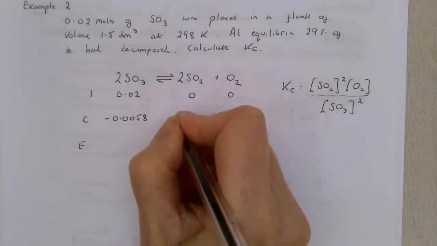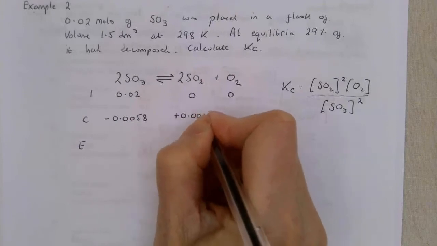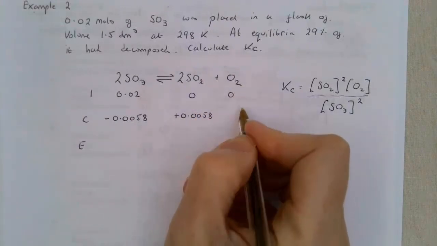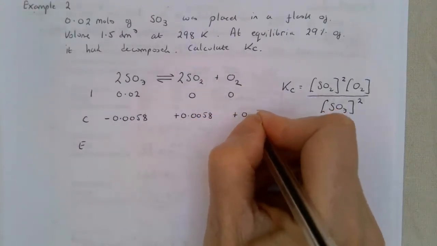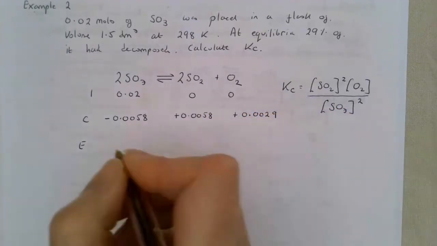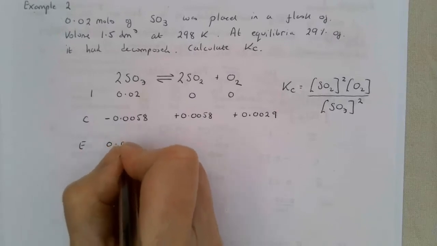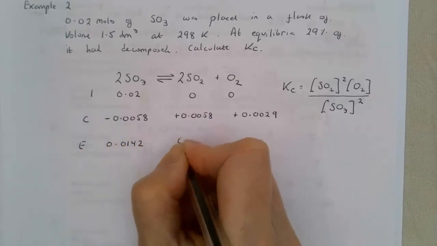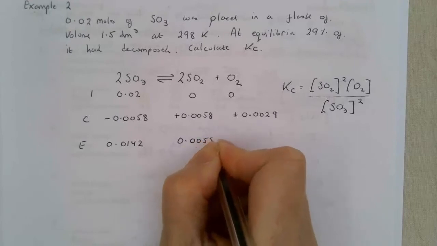On this side, that will give me plus 0.0058, and because the oxygen is half of that value, it will be plus 0.0029. So at equilibrium, I've got 0.0142, and then I've got the 0.0058,